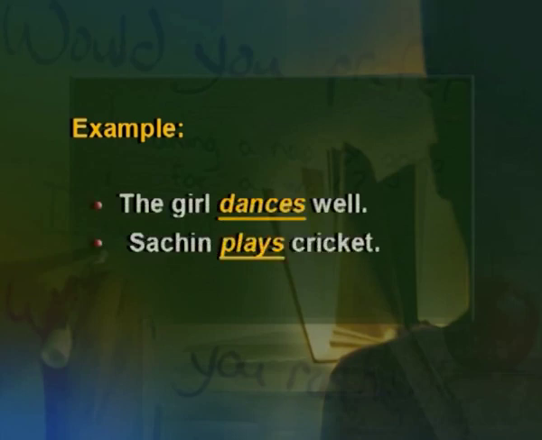Modal auxiliary verbs are a kind of verb. In order to understand them, let us begin by understanding what a verb is. For example, the girl dances well, or Sachin plays cricket. In the above sentences, we can see that the verbs dances and plays show us the action which is performed